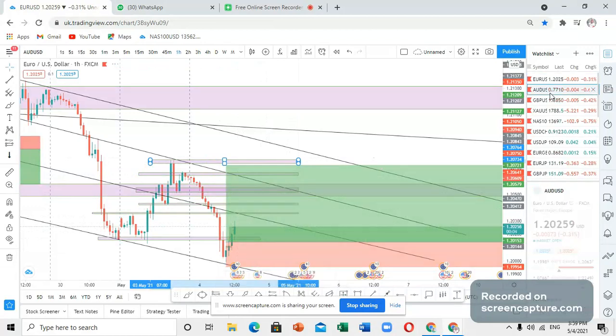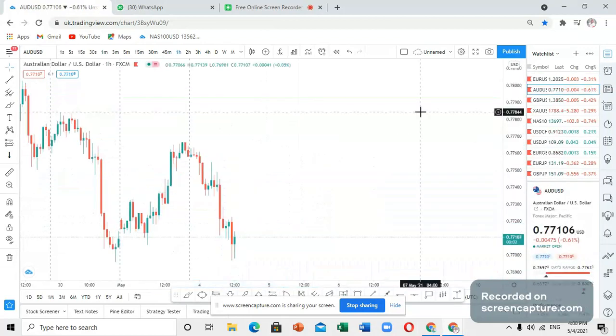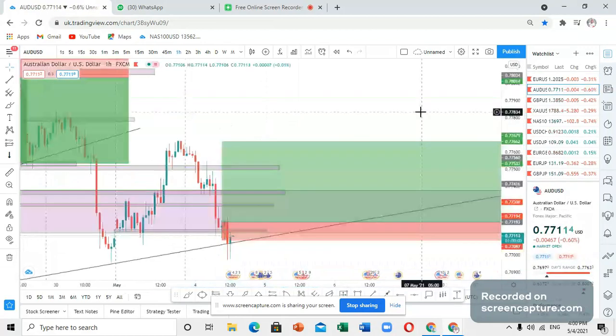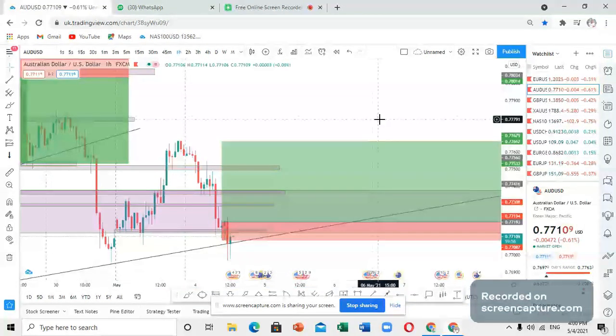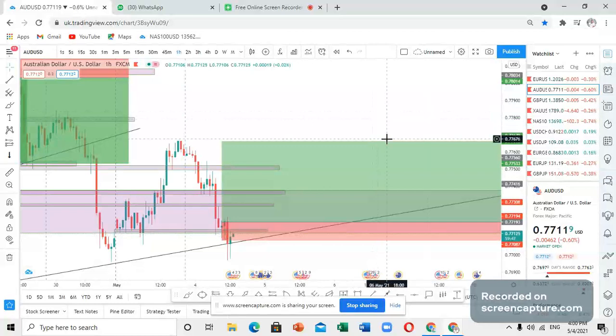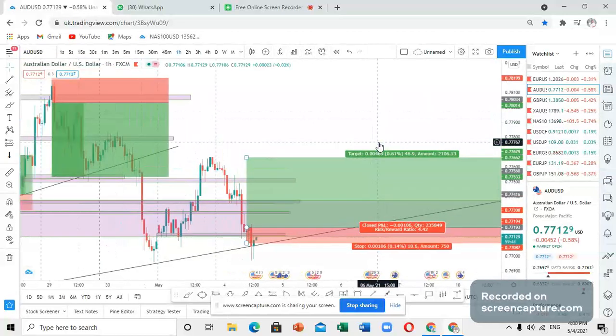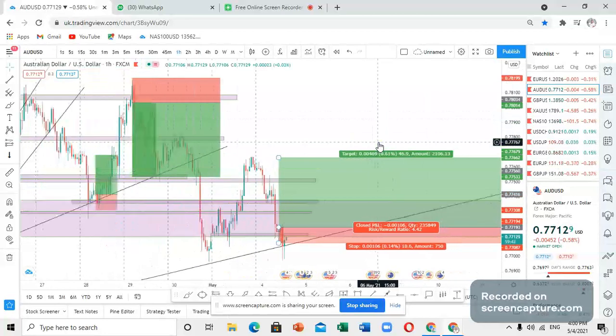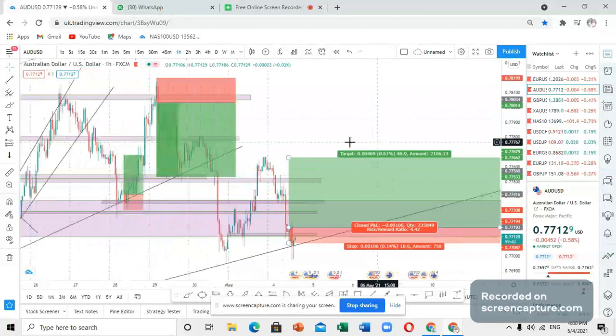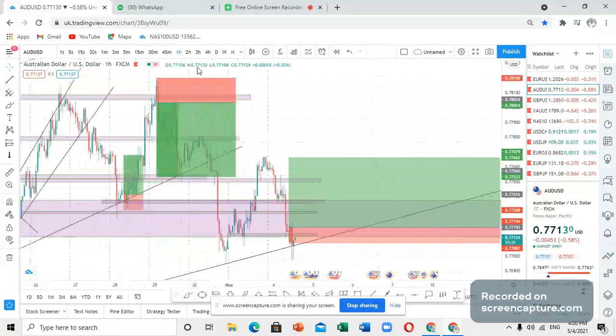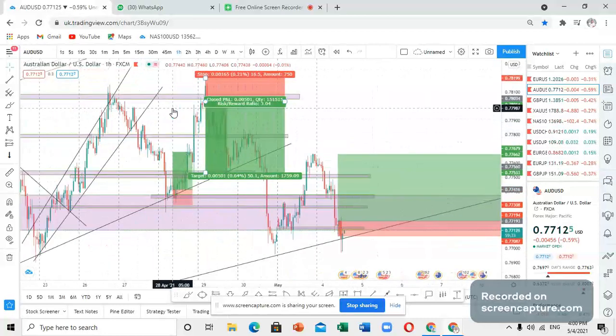And then the other pair that I wanted to share with you guys is AUD USD. From my view, I was able to realize that the movement of AUD USD is correlated to the movement of GBP USD. Yeah, that is what I was able to realize today as I was tracking my trade. Today I was trading